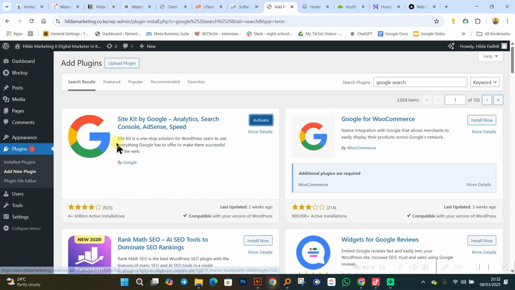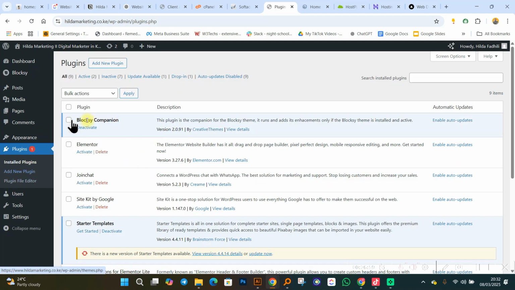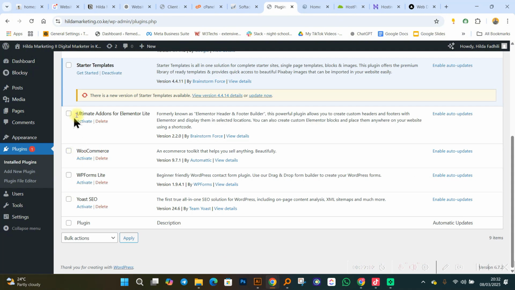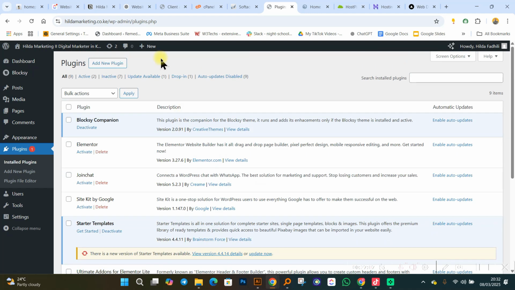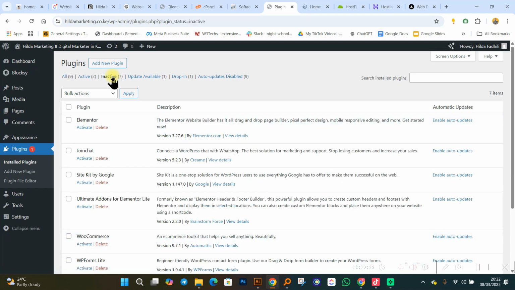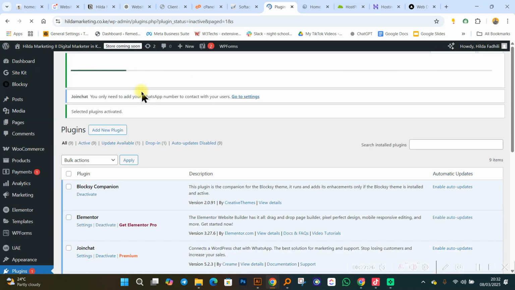Now, after I have installed all those particular plugins, the next step is to click on installed plugins. I can check. The plugins that don't have this blue highlight are the ones I need to activate. So all I need to do is click on the inactive plugins. When I click on the inactive plugins, I can select all of them, click on my drop down over here, and then click on activate. And I'm going to activate them like that. It takes just a few minutes for you to activate those specific plugins.